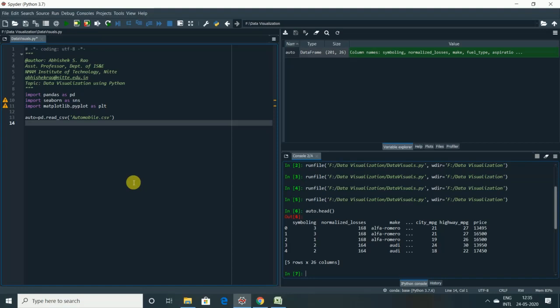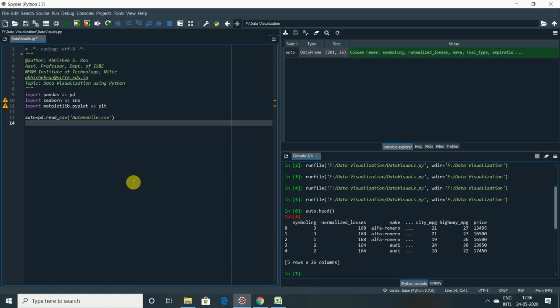So dist plot is basically a combination of three different graphs on a single graph. These three graphs are: the first one is the histogram, the second graph is the KDE, that is kernel density estimation. We usually also call it a PDF, probability density function, and the third one is a rug plot. Okay, so in the graph, the kernel density estimation is used to plot the probability density function, and the histogram will show the distribution of the numerical data.